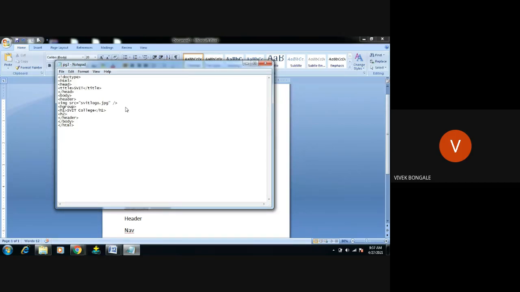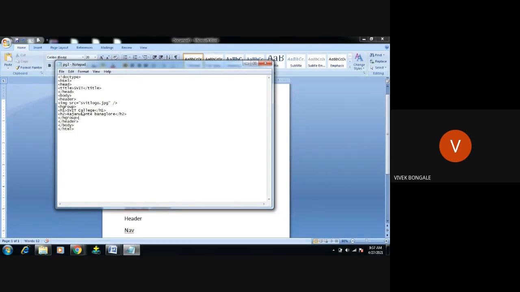So H2, Rajanukunte, Bangalore. I'm going to close this one. So what will the header hgroup do? It's going to combine these two. Means in one container, however much space there is, these two contents will fit in that particular space. Correct? So H2. Then I'm going to close this hgroup.